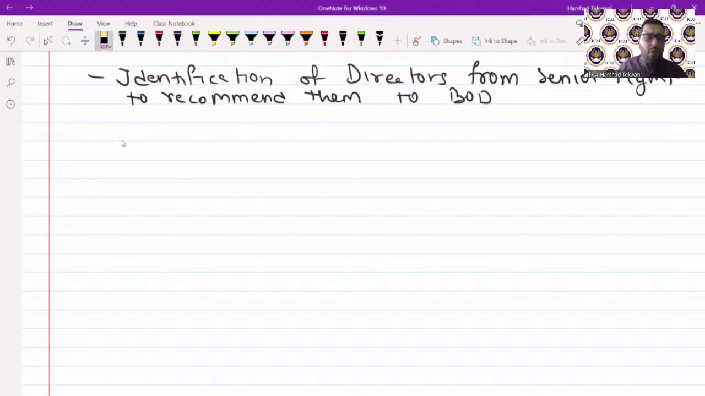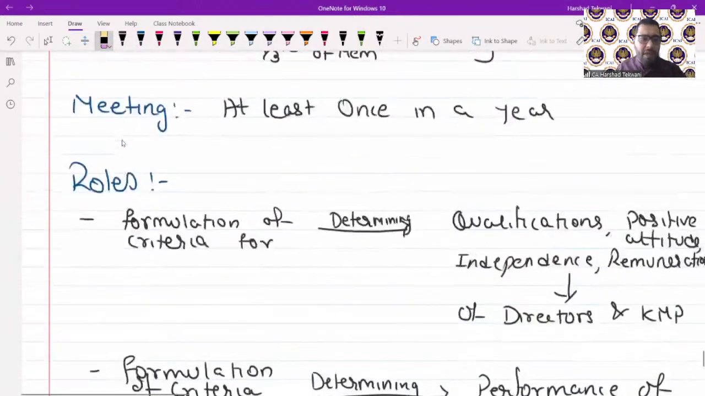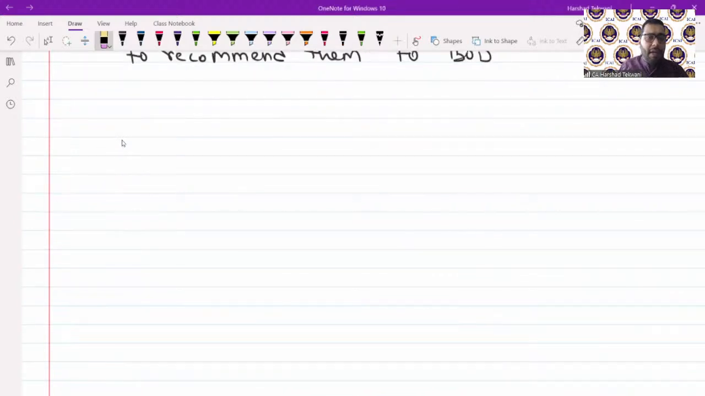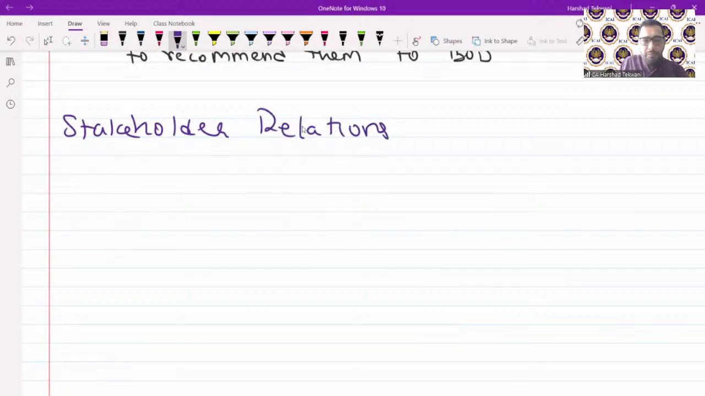So these are some certain roles that the committee needs to perform. So this was about the nomination and remuneration committee. Second, another committee that I'm going to talk about is the stakeholder relationship committee. These are some mandatory committees that are required